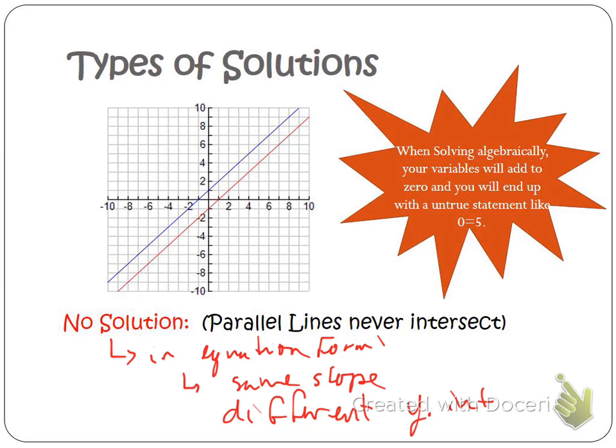Okay? That way they're two different lines, but they still have the same slope. And so that'll make them parallel. Now, if we're solving algebraically, in other words, if we're using substitution or elimination, we're going to know that there's not going to be a solution to the system if